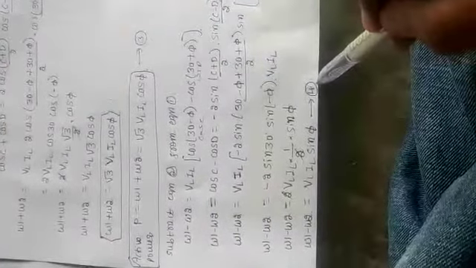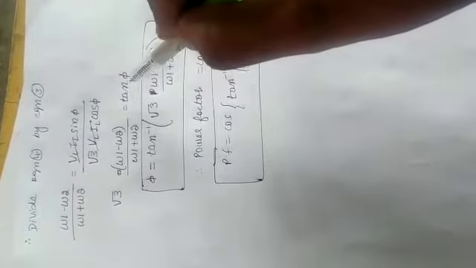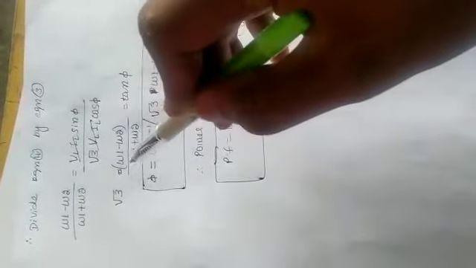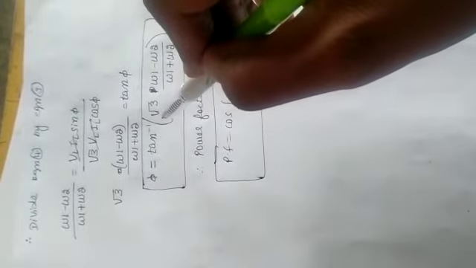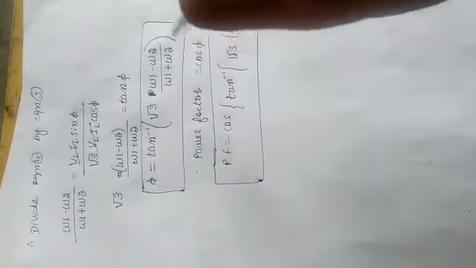Okay, so this one I will call equation 4. The result of the subtraction I called equation 4. The sum of the two equations I called equation 3. So divide equation 4 by equation 3. If you divide equation 4 by equation 3, I can write it as VL IL sin phi divided by root 3 VL IL cos phi. VL IL gets cancelled, sin phi by cos phi is equal to tan phi. Okay, root 3 multiplied, root 3 into (W1 minus W2) over (W1 plus W2). Phi is equal to tan inverse of root 3 (W1 minus W2) divided by (W1 plus W2).